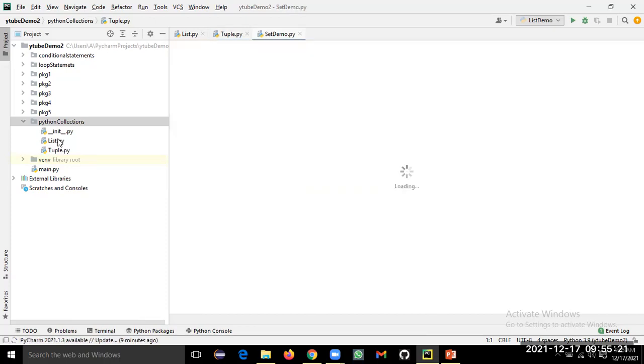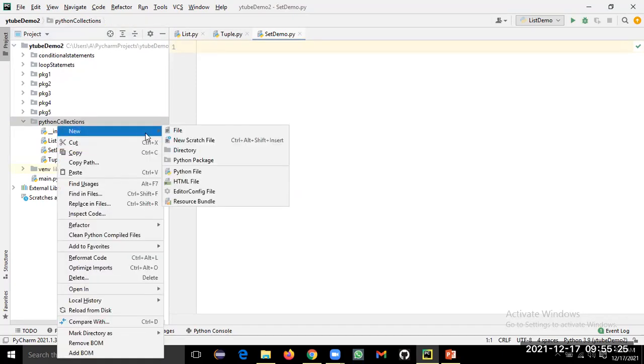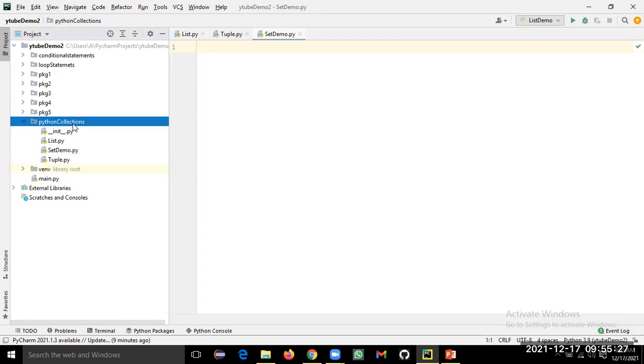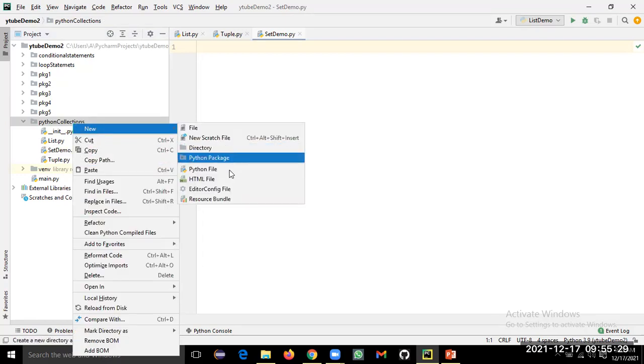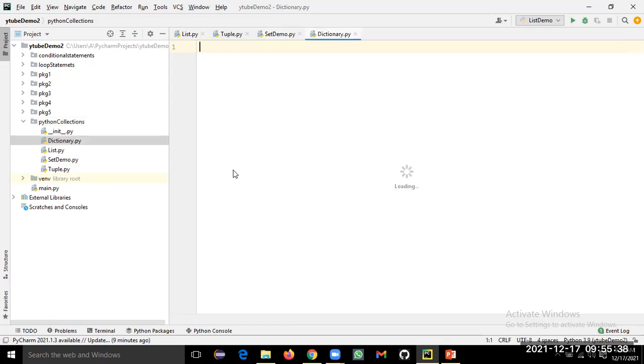You can give any name. Then a new Python file for dictionary. So these are the four collections which we are going to learn here.